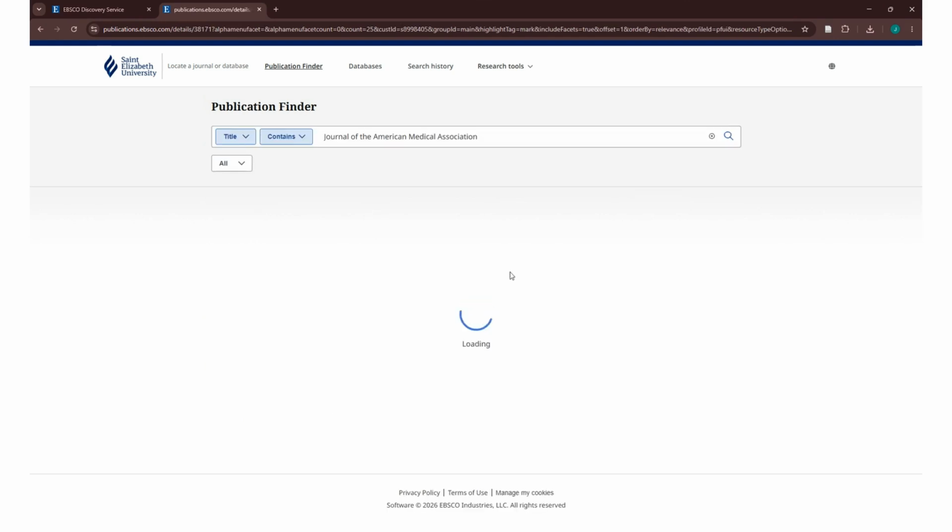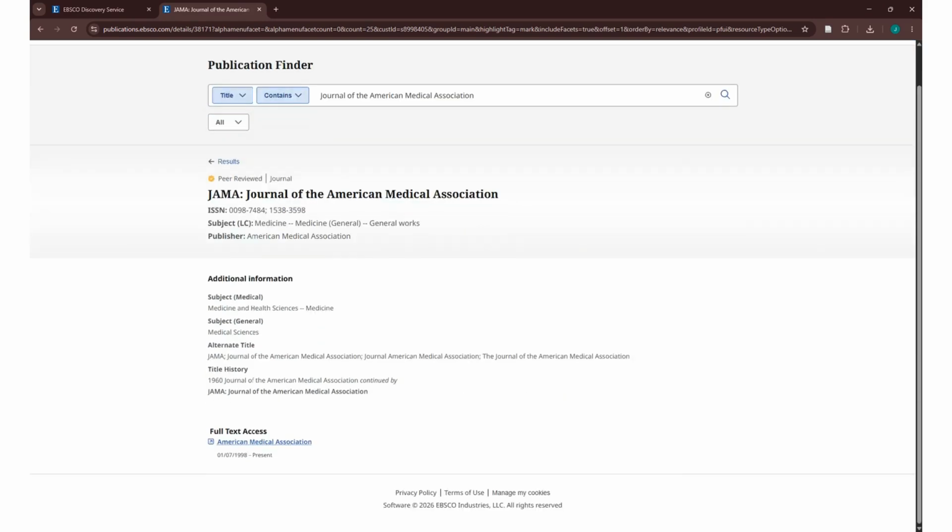So if I click on the title, it'll tell me subjects, publisher, if there's any alternate titles, or a title that it was previously published under, that will show up here as well. And then down at the bottom, we'll see the link to full text access, as well as the dates Mahoney Library has access to. So for the Journal of the American Medical Association, we have access from January 7th, 1998 up until today. So then I'll click on the link,